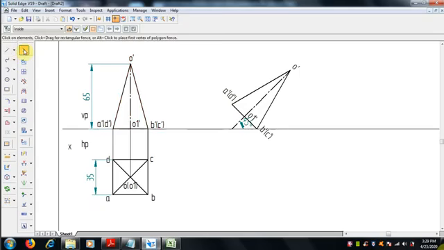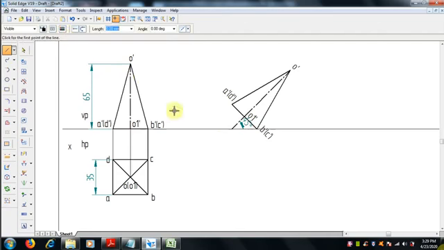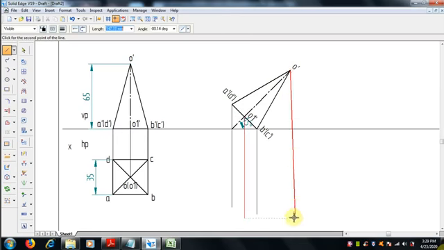Now we can draw the top view. For drawing the top view after the inclination, select the thin line, 0.13 mm thickness. Project the lines from the front view's corners and edges, that is AD edge and BC edge, and O1 dash, that is the center point, and apex O dash. Now from this top view, join A dash where B is there, and B dash, join C dash, D dash.